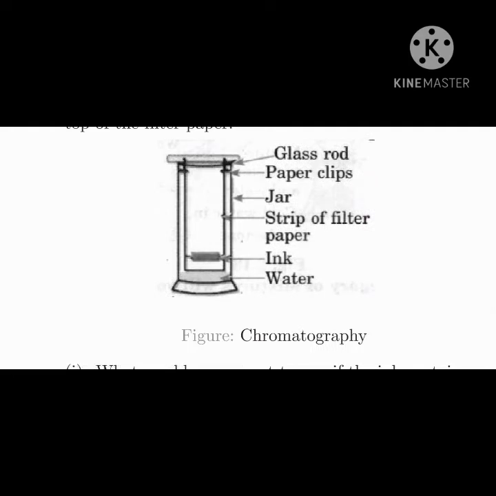You should know it. A strip of filter paper is taken. And you see there has been a line marked with the ink spot. And in a beaker they are taking water and they dip this filter paper which they have already marked and spotted with ink. So they immerse it inside the water, not fully, only up to that line. So after leaving it for a minute or for half an hour, what happens, you can see the movement of molecules. So till it moves to the top, you need to leave it like that, and after it reaches the edge of the filter paper, you need to take out the filter paper, okay, and observe under UV.